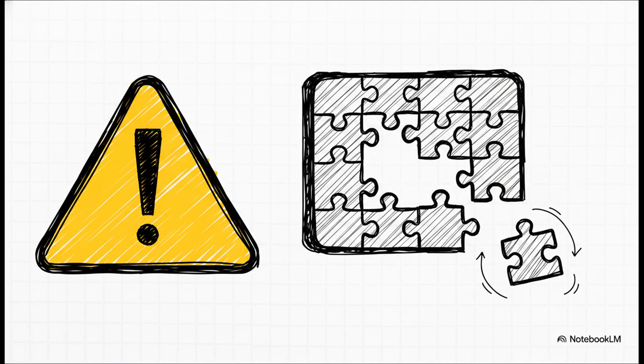Consider this next part a strict warning mechanism. These are the absolute most common Excludes2 pitfalls, and they lead directly to compliance nightmares, loss of reimbursement, and just plain incomplete coding. First up, treating Excludes2 like Excludes1. If you do this, you're assuming the conditions are mutually exclusive when they totally aren't. And that leads right into the second pitfall, not coding both conditions when both are actually sitting right there in the chart. When you ignore the documentation that supports dual coding and you fail to assign both required codes, you are underreporting the patient's condition. You are effectively erasing a piece of their clinical reality from the final claim,